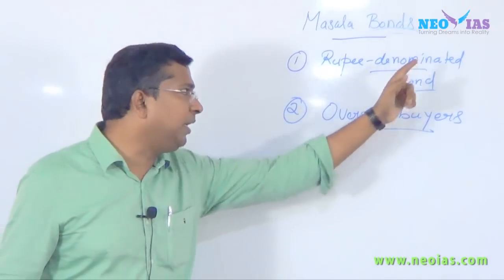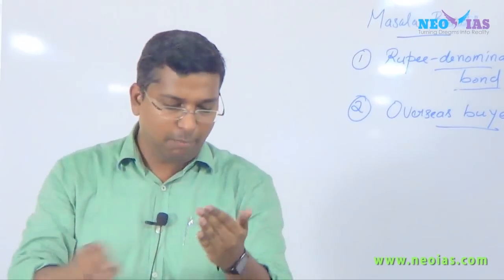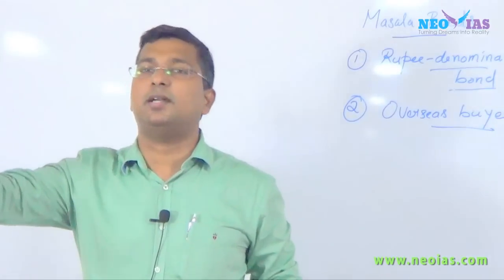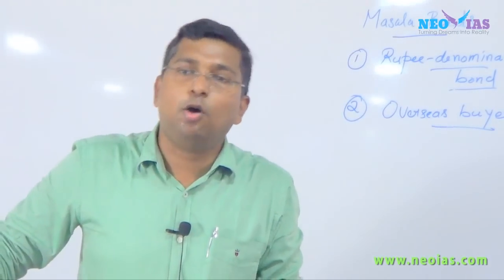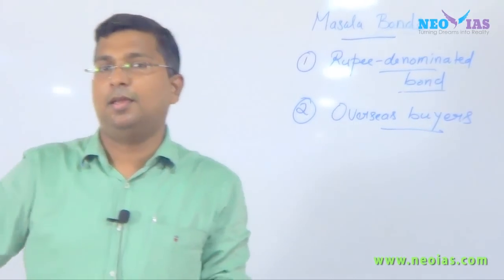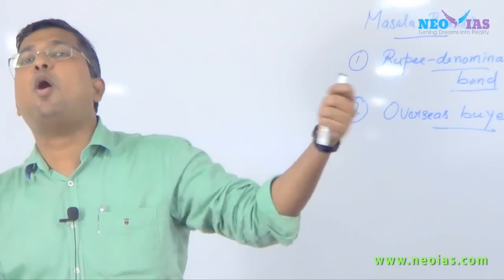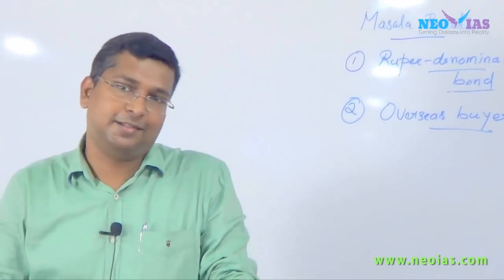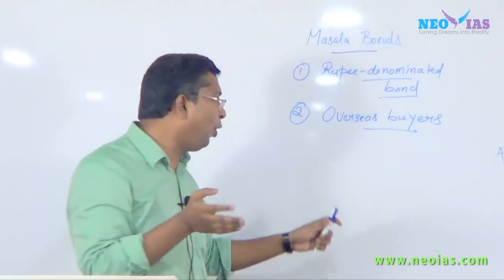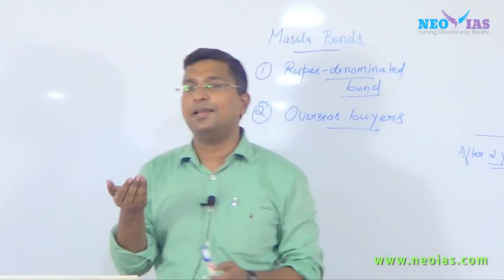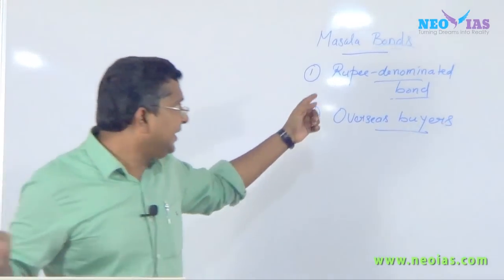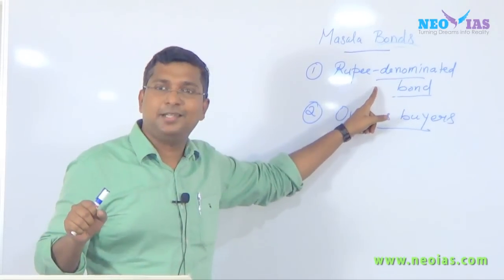Now I will discuss what this rupee denominated bond is. Normally, think about it like this. I told you the buyer is a person from outside the country, that is, an overseas buyer. Normally when an overseas buyer purchases a bond, he purchases it in foreign currency, and once the bond gets matured, he will get back the money in foreign currency only. But since Masala bond is rupee denominated,